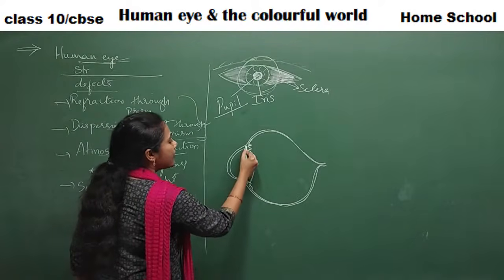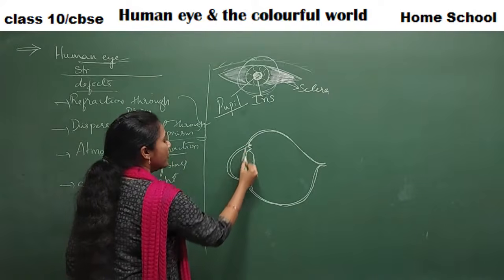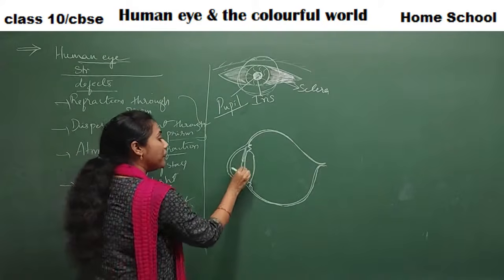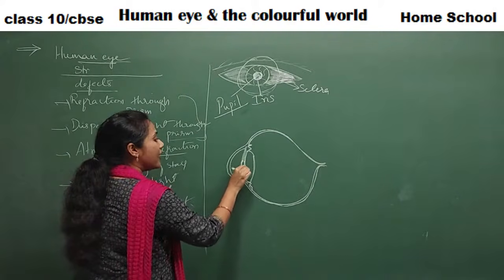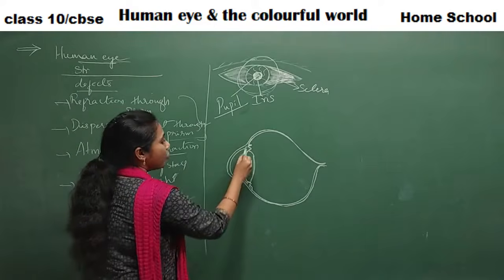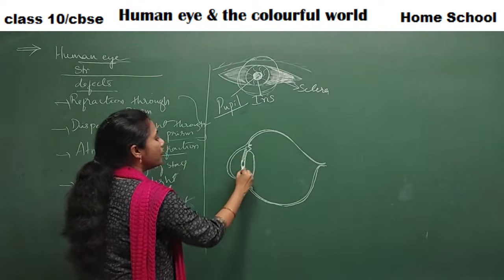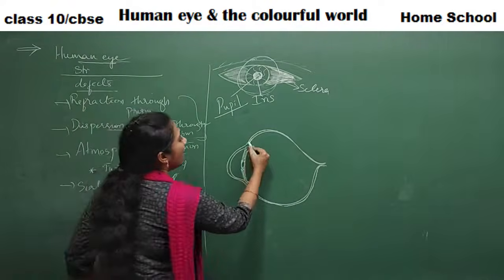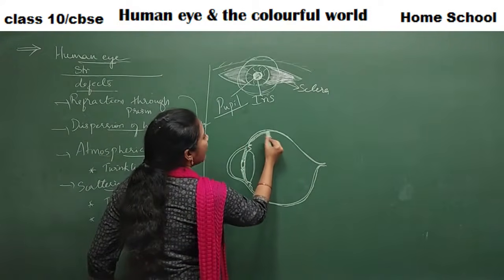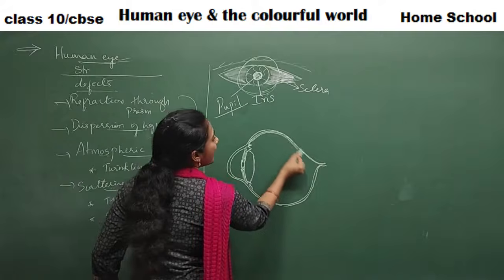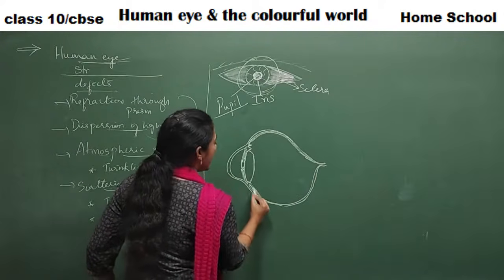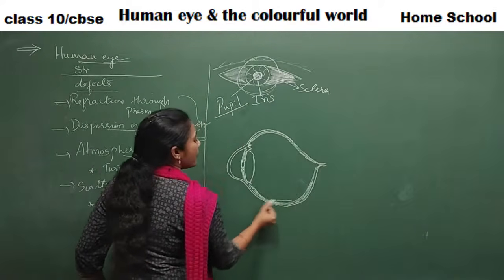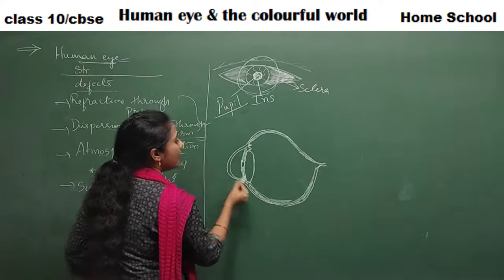And this is my what? Iris portion. So in the middle of the iris, what you have? You have something called pupil. I'm differentiating with the colors actually. Iris is the one I have drawn with green color. Pupil is this one in the middle. Fine. This is the main internal part of the eye, and one layer I'm drawing inside. This layer we call retina. This layer is called retina.